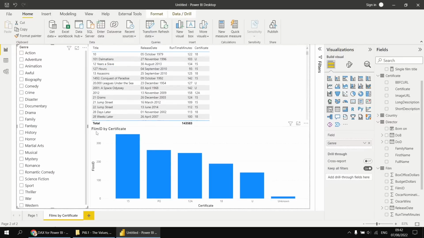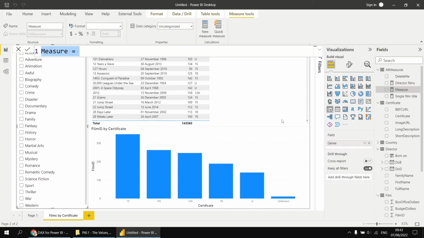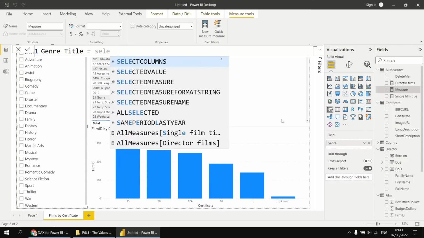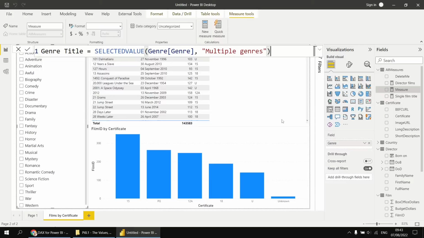So I'd like to create a measure that I can display in the title of these two visuals, showing the value of the slicer that I've selected. In order to do that, I'm going to go to my measures table, right click and choose new measure, and then I'm going to call this new measure genre title and make it equal to SELECTEDVALUE, and then refer to the genre field of my genre table. And if I happen to have selected multiple genres, then I want to display some text as "multiple genres". If I then just close the round brackets and hit enter,